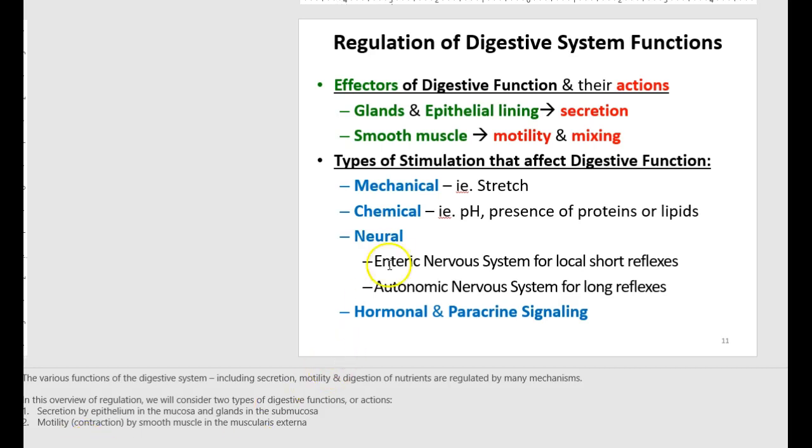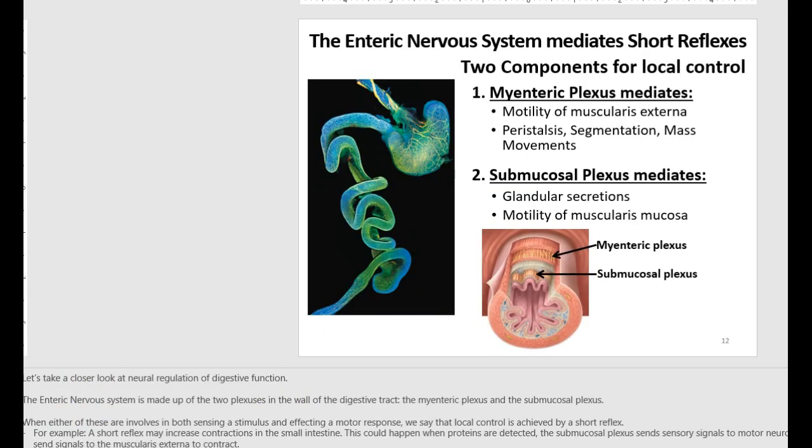Lastly, there are also some hormones that play a role in digestive function. So the enteric nervous system will always mediate short reflexes. That means the sensory component and a motor component will be localized. They'll be very close together. So the enteric nervous system includes these 2 plexuses within the wall of the digestive tract, the mesenteric plexus and